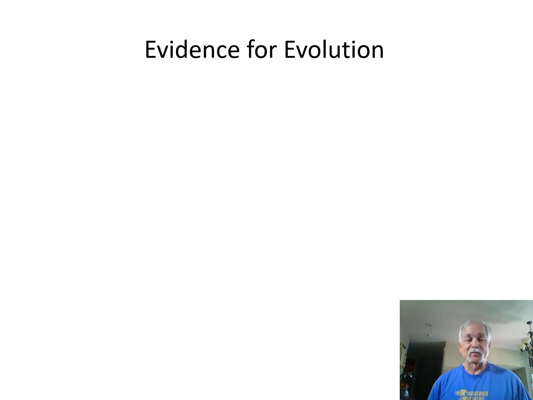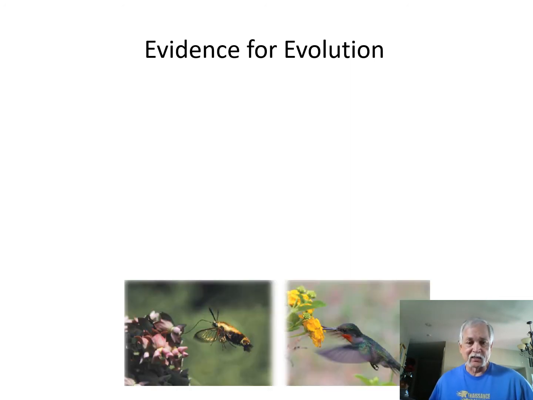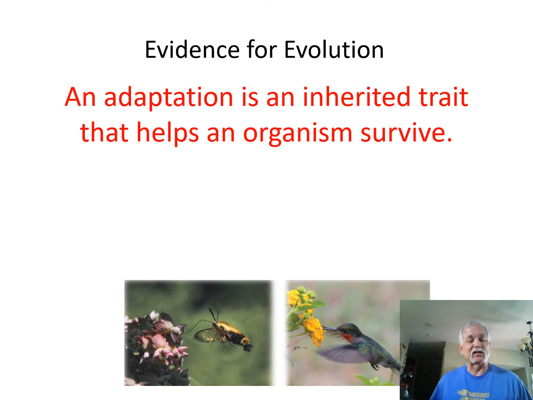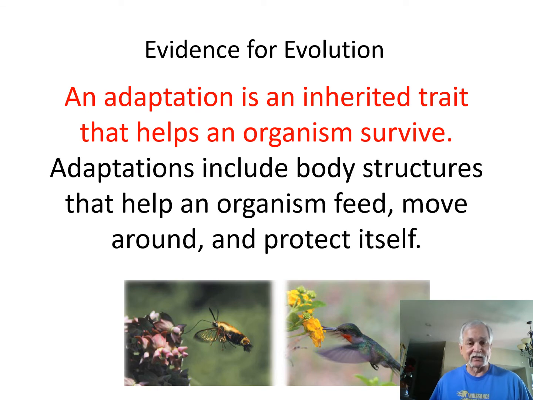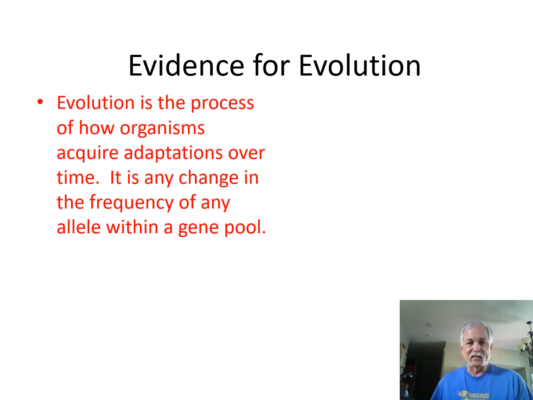But anyway, so we're talking about evidences for evolution, and we said that an adaptation helps an organism survive in something that's inherited, and they could include body structures, any number of different things. So that's kind of a repeat of what I just said. Other evidence. Whenever you have these changes in the gene pool, they become permanent. Because when for whatever reason, your DNA changes, and it does,